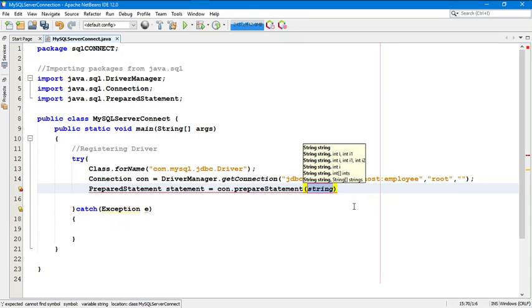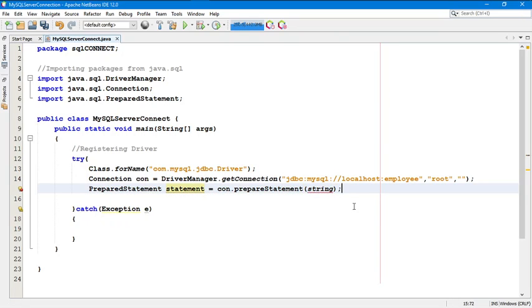I hope you all are familiar with the SQL commands, like insert into tables where id equals to this. I hope you all are familiar with these commands, because if you are not familiar, then please go through the SQL tutorials. Otherwise it will be very tough for you to work with JDBC. Okay, so con.prepareStatement,